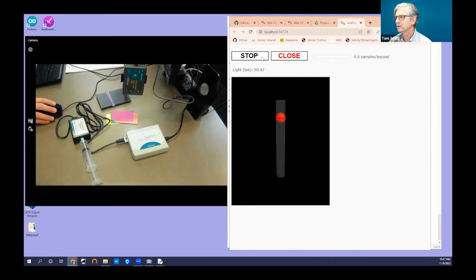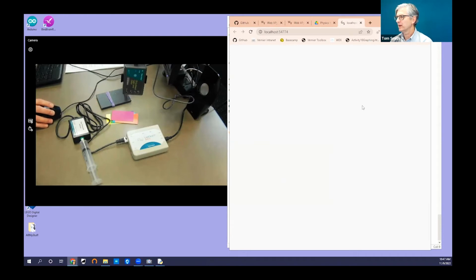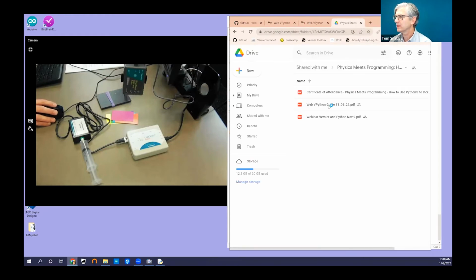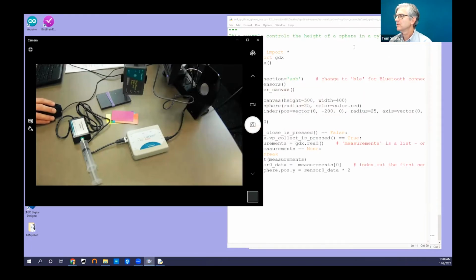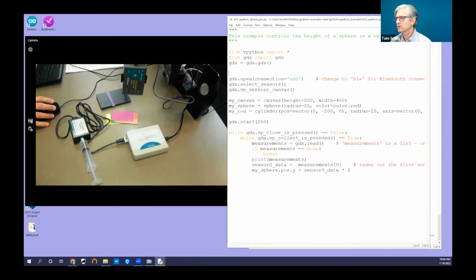So I'll just go ahead and stop that and close that program, and it just blinks the web page, and I'll close that now as well. So that's an example of our LabQuest sensors with Python and our GoDirect sensors with Python. Again, this is the Python that you have installed on your computer. The next thing I'm going to show you